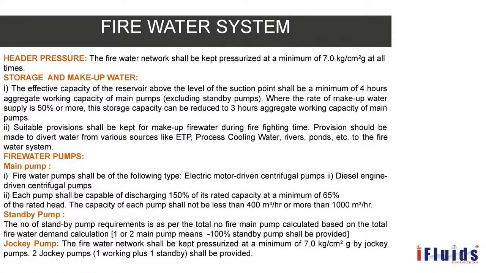So then the capacity of each pump should not be less than 4 meter cube per hour flow rate, or it should be more than 1000 meter cube per hour. So this is one of the significant points which is also captured under main pump. Then the standby pump, you need to calculate the number of standby pumps based on the total fire water demand